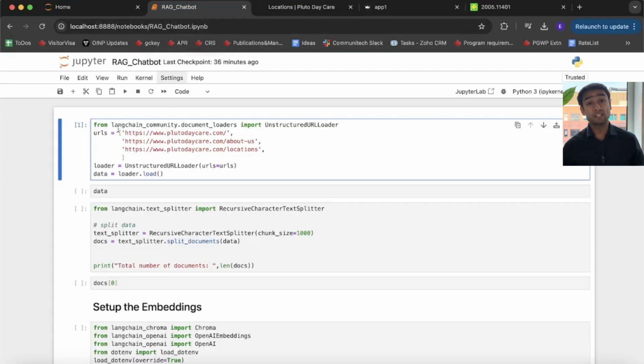So guys, for this, we are going to use LangChain. LangChain, for those of you who are not familiar, is a framework to build LLM-based chatbots, and it comes with the functionality to implement RAG, which we are going to use for this particular demonstration. So guys, the first thing we do is